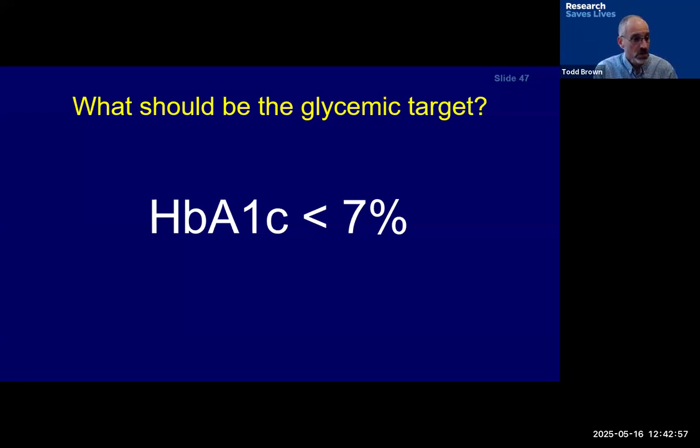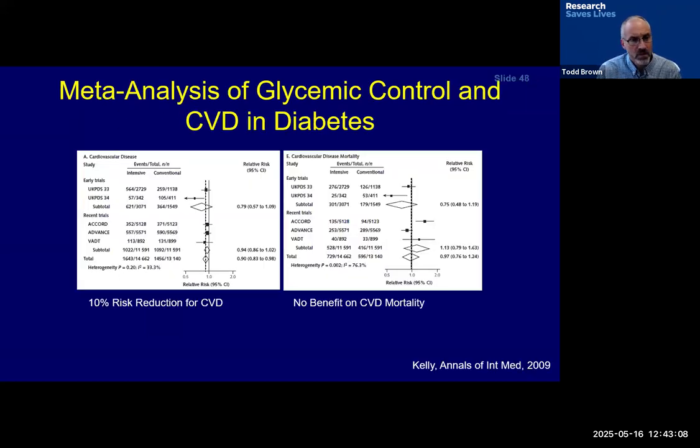So what about the glycemic target? For a long time, a lot of us have had this emblazoned in our minds: everyone should be below 7%. This idea of getting people even below 7% to normalize the glycemia was tested in the early 2000s with a bunch of randomized trials. We know from UKPDS and other studies that it's better to have an A1C of 7.5 regarding micro and macrovascular events as opposed to 8.5, and it wasn't clear that tight control was the way to go down to 7.5. But what if we get things almost normal? What if we throw every kind of medication at people and get their A1C down to 6? Is that going to decrease the risk of